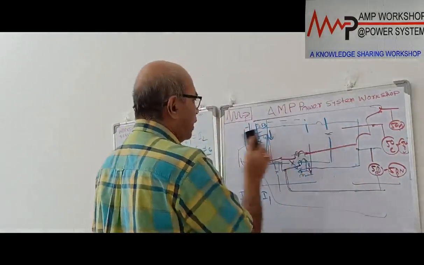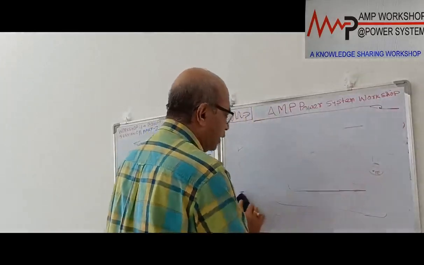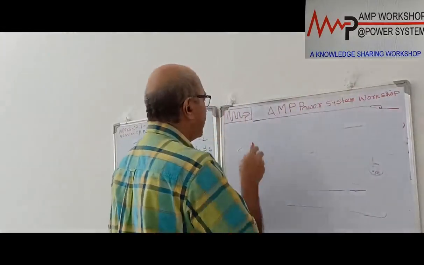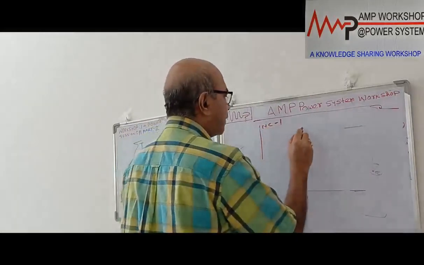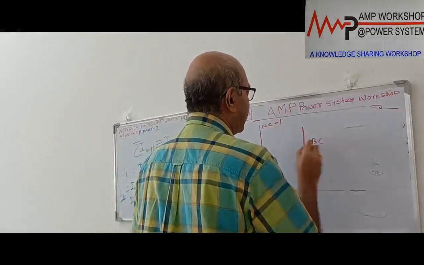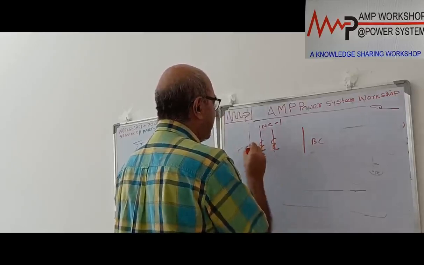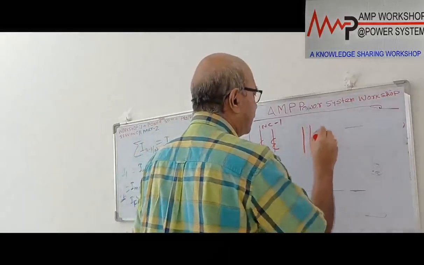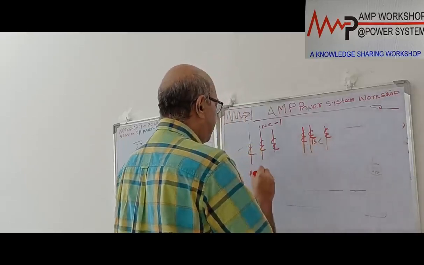So in a simple way, if we do the wiring, how will it be? In simple wiring, if we do it like this, there are 2 incomers. This is your incomer 1, INC1, and suppose this is our bus coupler. Suppose now there are 3 CTs over here, this is 1 CT, this is 1 CT, this is 1 CT. Similarly, the bus coupler has 3, this is 1 CT, this is 1 CT, this is 1 CT. Suppose A phase, B phase and C phase.